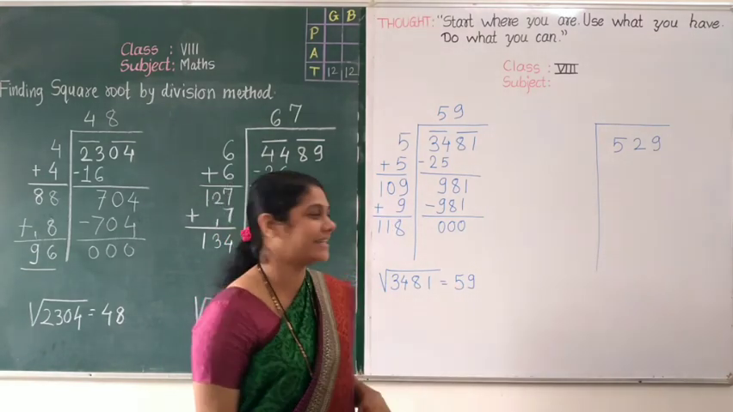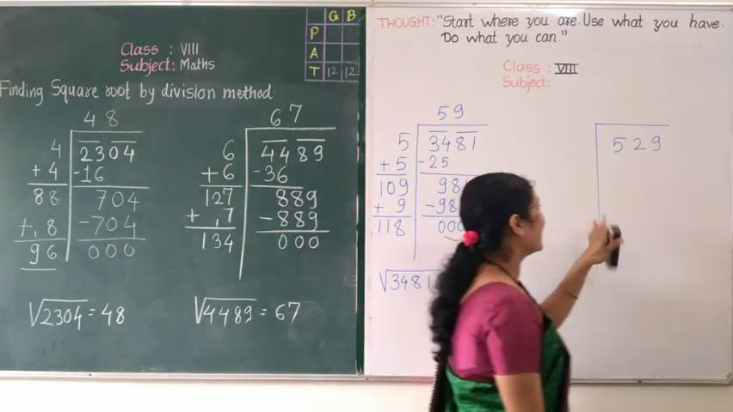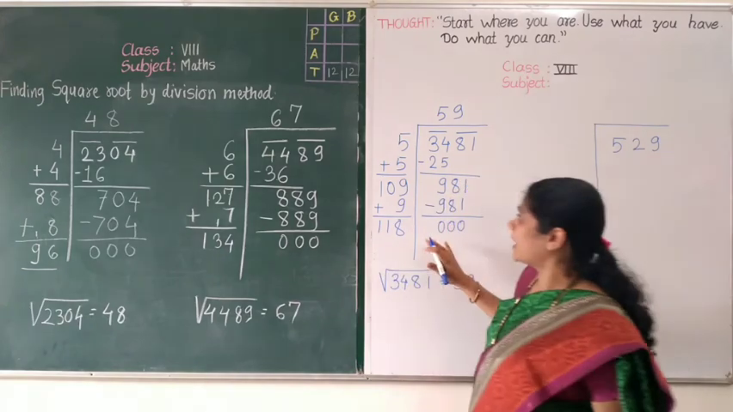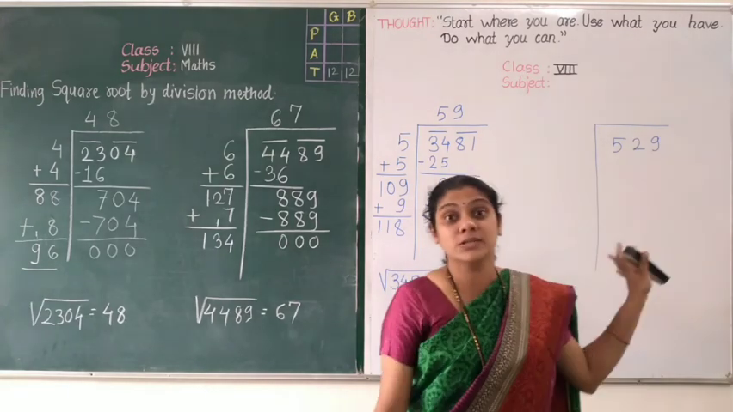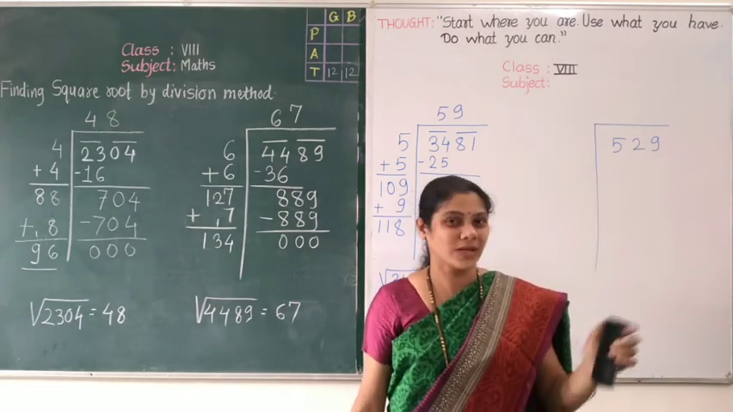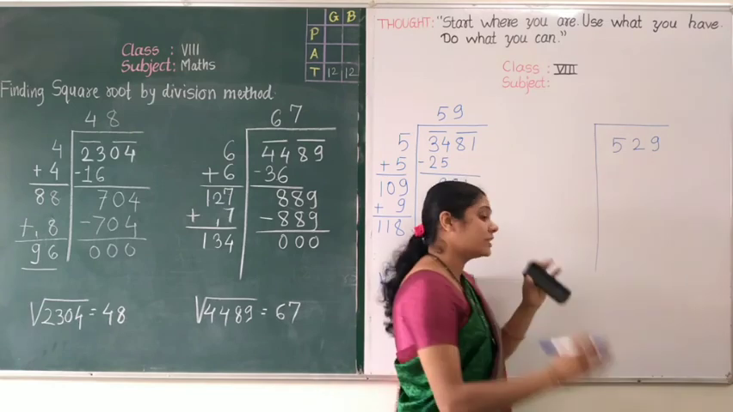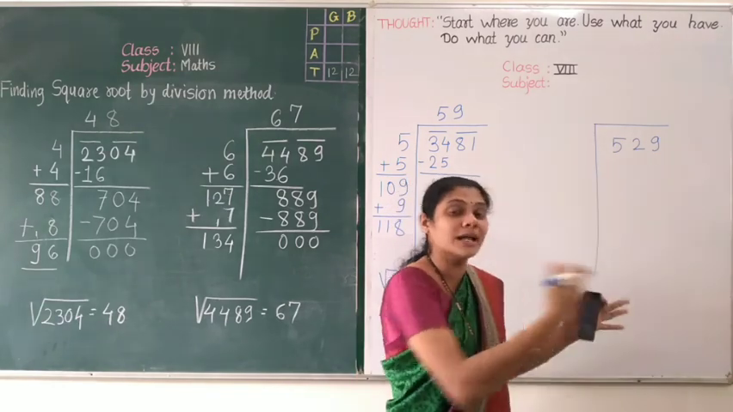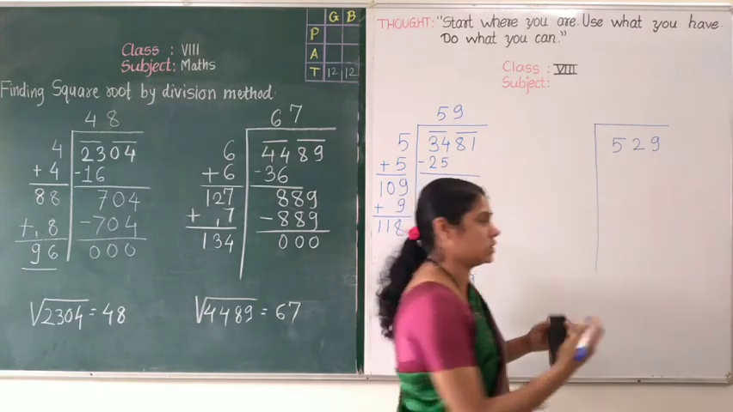Is it easy? Yes, na? It is very easy. So next is 529. Now you will see that the previous three examples have 4-digit numbers. Here is only a 3-digit number. Okay, let's see what we have to do here. The first step is the same, that we have to make groups of 2 digits from our right hand side, from the last digit. So first